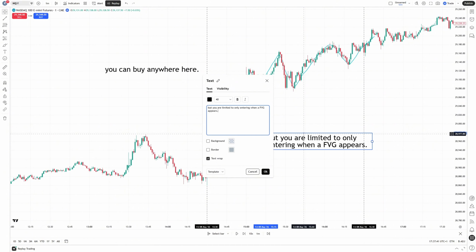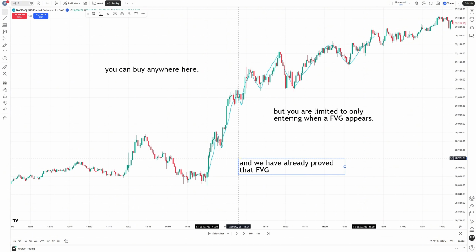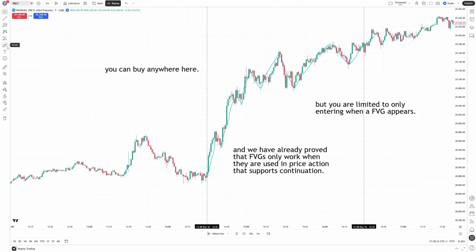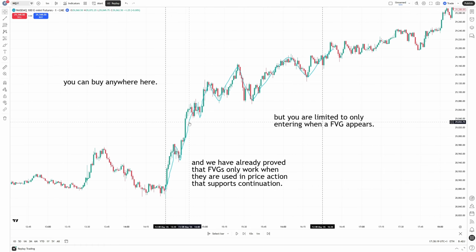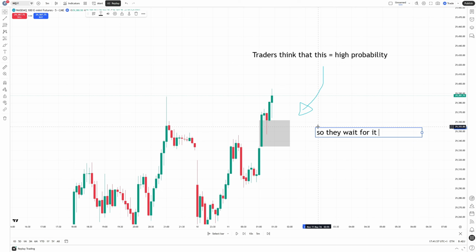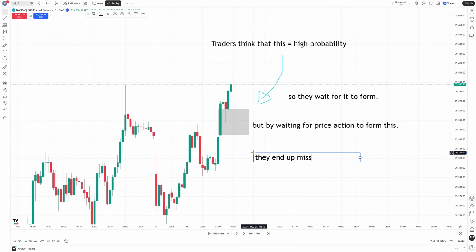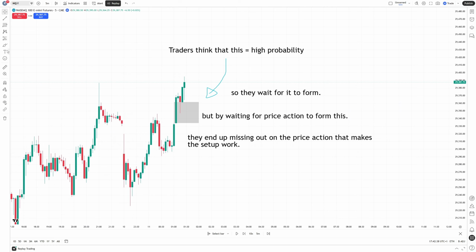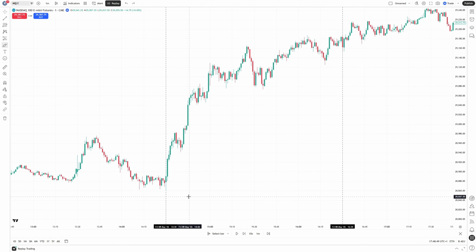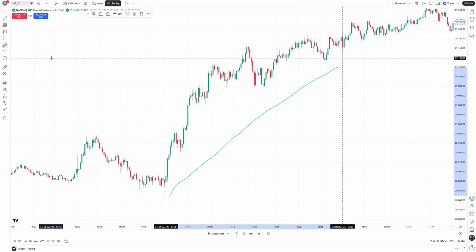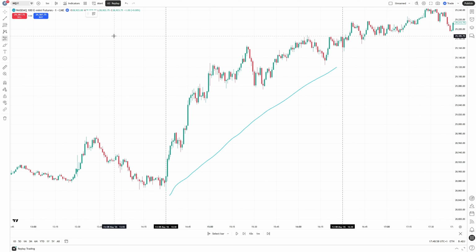No fair value gap, no trade, no clean pattern, no entry. So while price is aggressively continuing, the trader just sits there waiting for the setup to become valid. And this is where trading quietly becomes backwards, because the trader thinks the setup is filtering bad trades out, but the only thing the setup is doing is filtering them out of taking trades. You can see price was already moving, but the strategy forced the trader to ignore this unless a specific pattern